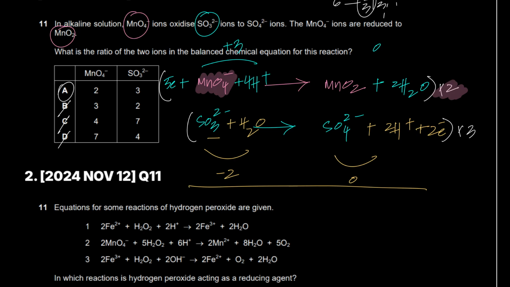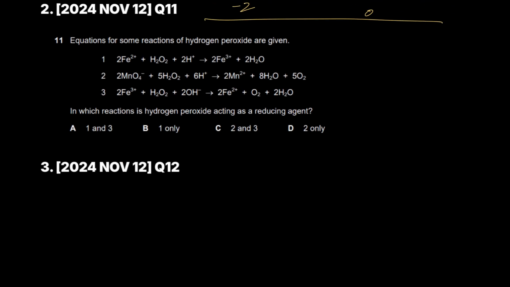That's it. Done. Next, equations for some reactions of hydrogen peroxide are given. In which reaction is hydrogen peroxide acting as a reducing agent? What does a reducing agent do? It reduces the other substance, right? It reduces the other substance by oxidizing itself. So you have to see whether the other substance is being reduced or oxidized. Pretty simple. See, Fe is 2 plus here, and here it's 3 plus,